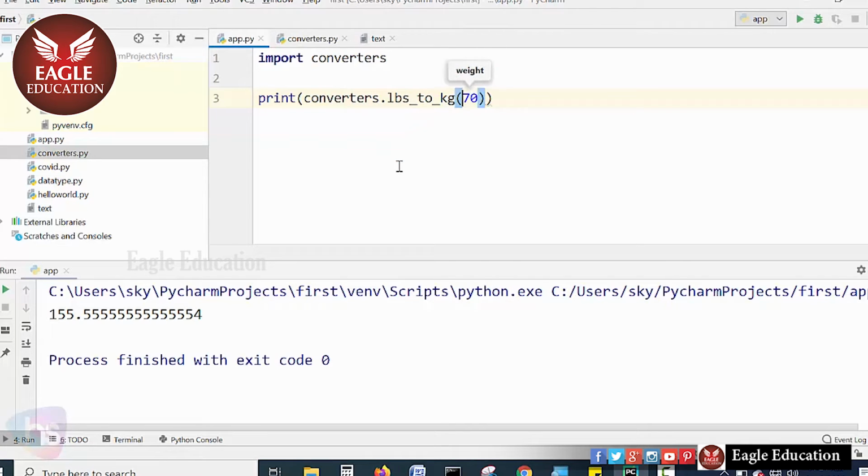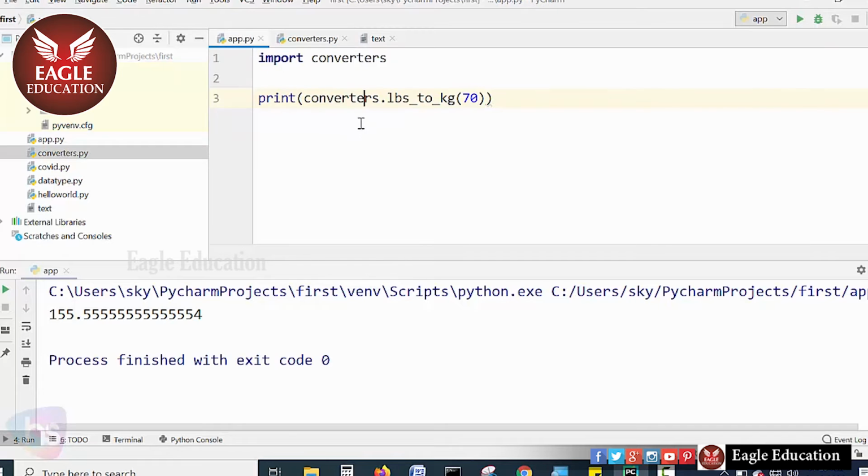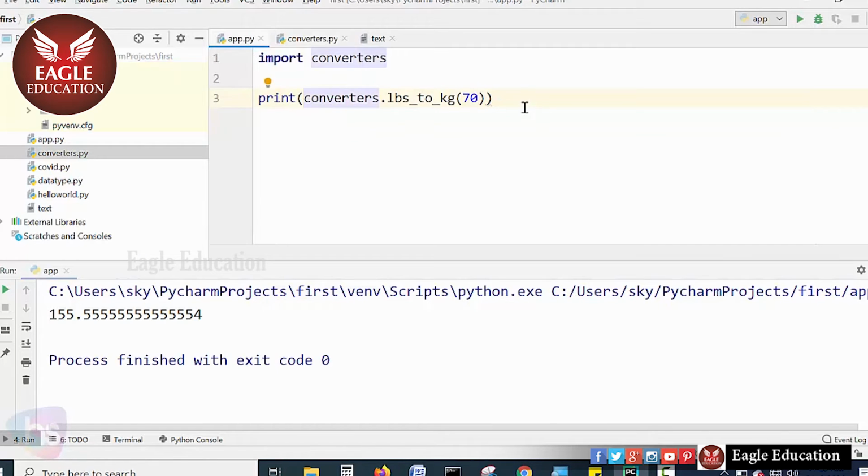And passing the weight as the parameter, why we are receiving the one parameter here. It can be called an argument. By passing the values while calling the method names, we call them arguments. It's not parameters. And here we can call it a parameter. All right. Now see, this is in a simple way how to use and how to handle modules